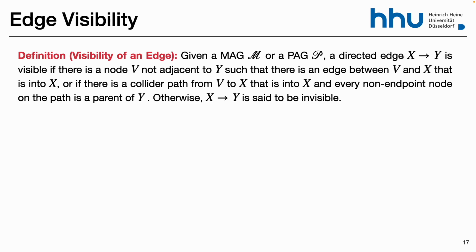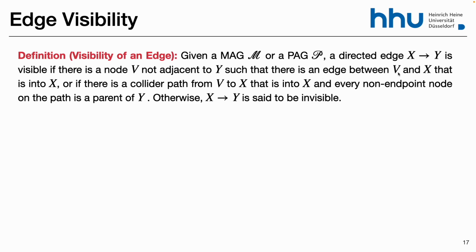So the visibility is related to the fact that it could be in the original causal diagram, because now we are talking about MAGs and PAGs, like a representation of a class of models. So in the original causal diagram, it cannot be confounded if it's visible. So it cannot have any bidirected edge there. So this directed edge, represented in a MAG or PAG, is visible. So there are two conditions. Or you have a node V that's not adjacent to Y, such that the V,